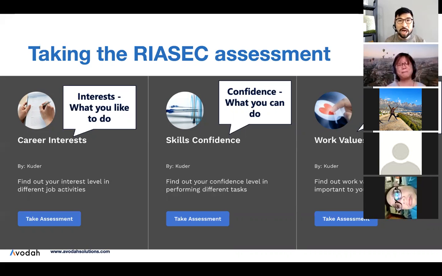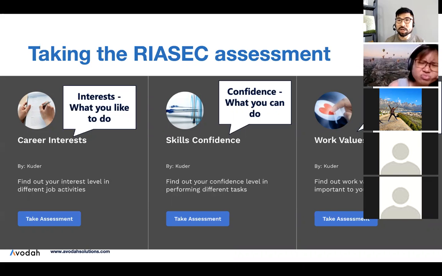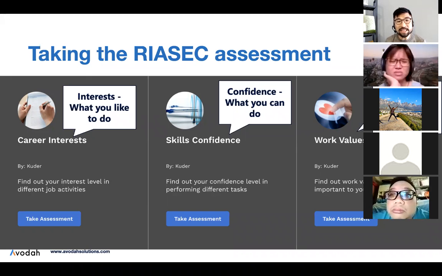Some of my clients ask me, Gerald, how do I know whether this job is good for me or not? Wow, that's a big question to ask because, honestly, nobody would know for sure whether a job is suitable for you. The most important thing is you need to have the self-awareness to compare and to know whether a job is a good fit for you. And we're not talking just about the salary and the position you're taking. I'm talking about the type of things that you would do at work. There's no point in taking a job with a high salary when you are not happy doing the type of things that you are doing, because you wouldn't last long there.